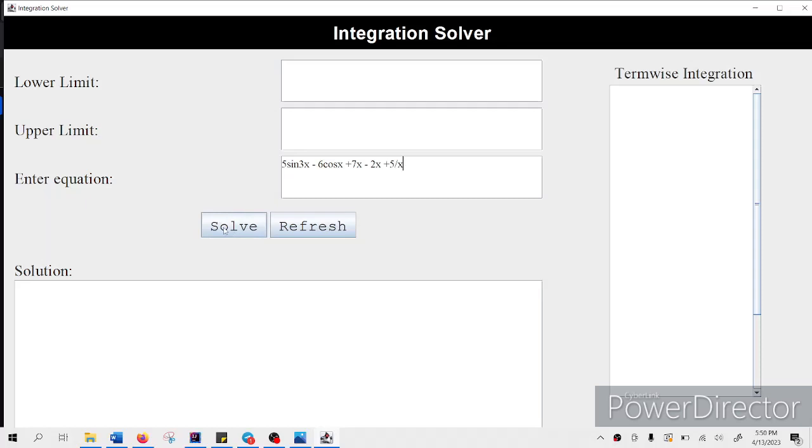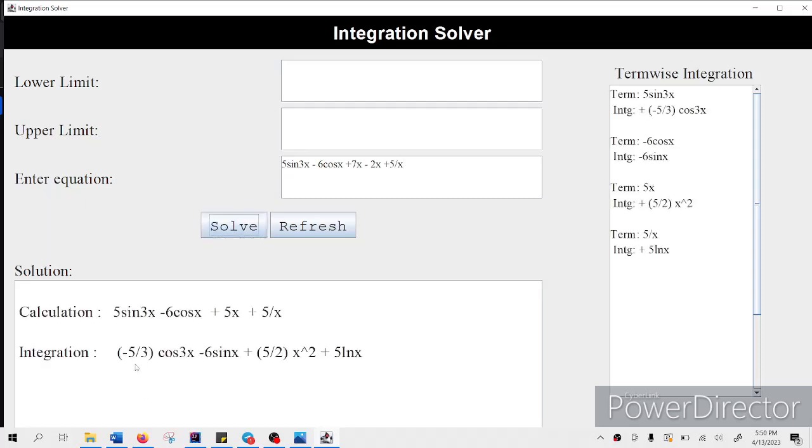If you click the solve button, you see that 7x minus 2x is simplified to 5x,